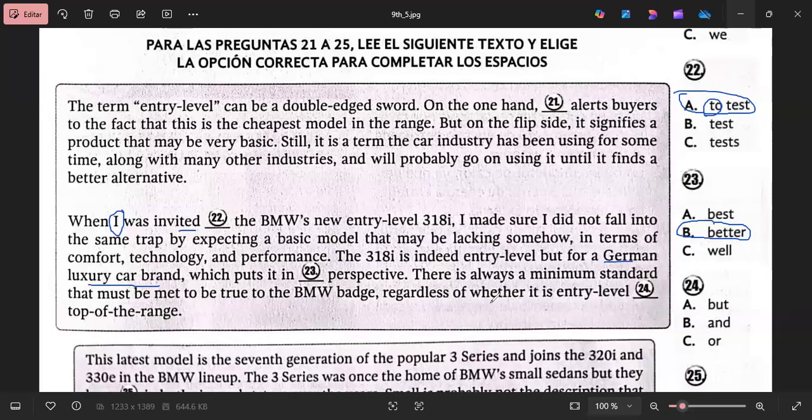So over here, whether. When we use whether, we are anticipating contrast. So if it is contrast, the best option will be or. Yes, but also talks about contrast, but in a different situation. Over here, we're presenting two options: entry level or top of the range. Okay, so I hope so far the explanations are clear.